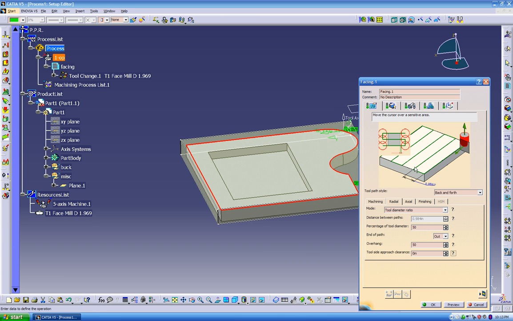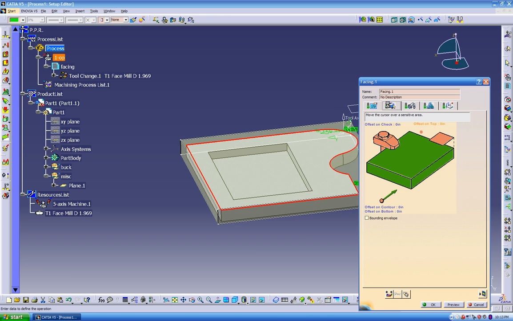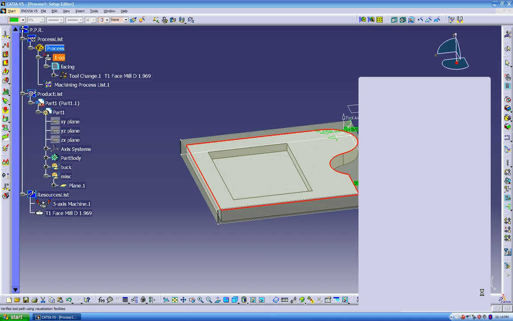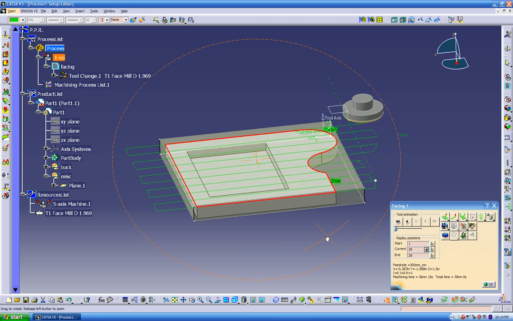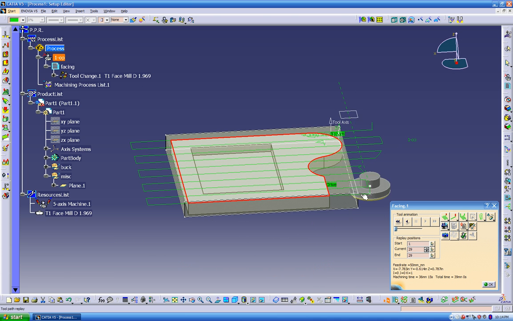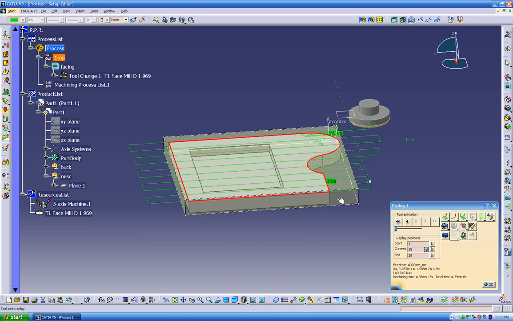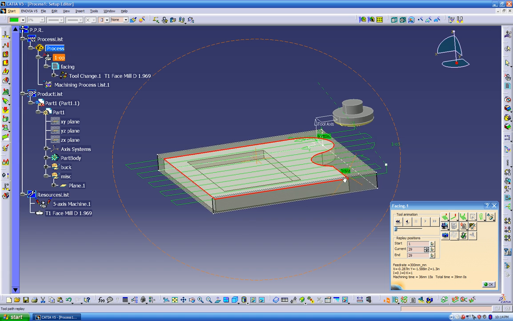And also we can change this over here, the distance. We can put 1 inch just for reference right now. And we can do a replay. And the tool is being offset to 1 inch from the edge of the part all the way over here. And see, right now we're plunging a little bit more on the outside. But in this case, we can